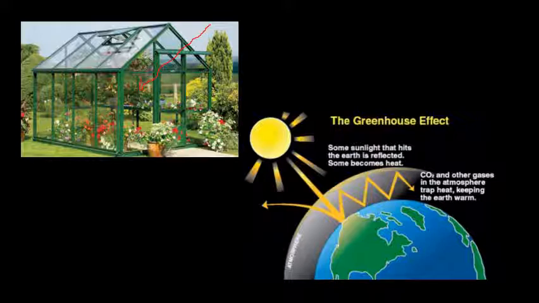It changes. Remember back to when we were talking about light. You can change from one to another. The sunlight hits the plant, makes the atoms within the plant start to jiggle a little bit faster, and it re-releases the energy as infrared, or heat that you can feel. Well, that heat tries to rise, but now it's trapped by these panes of glass and gets trapped inside the greenhouse and keeps it nice and warm.